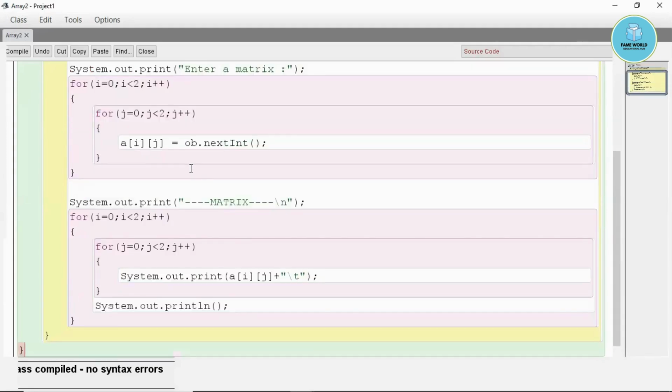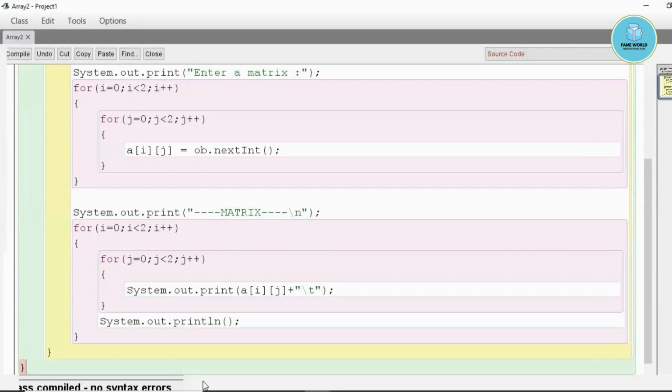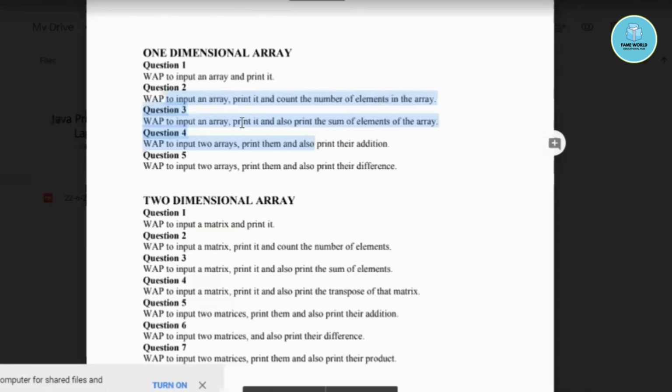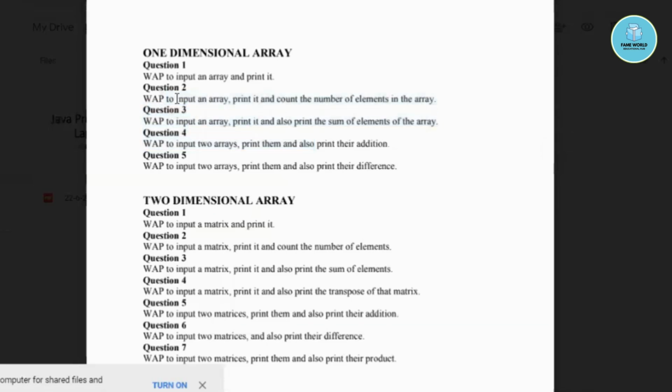Now, in the concept of matrices, there is a concept. Let me show you the question sheet. There is a program. I will just discuss all these programs with you today, verbally, so you would get an idea how to attempt them. See, in the array one, there is a question: write a program to input an array, print it, and count the number of elements in the array.